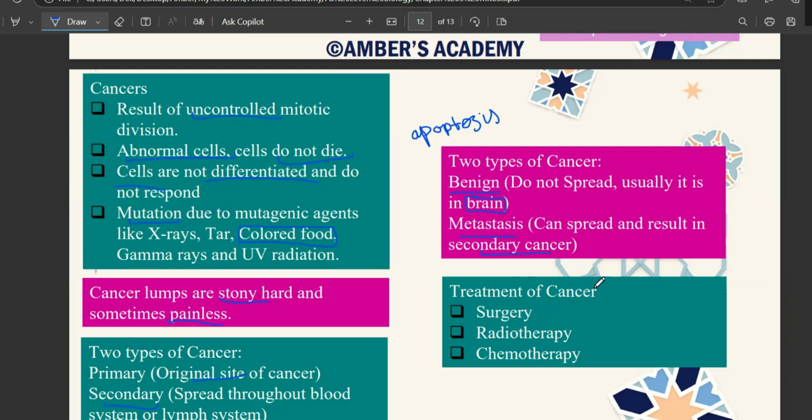And sometimes they ask you to write the treatment of cancer for 3 marks. Then you can write these pointers: a surgery may be performed after properly examining the condition, then radiotherapy on top priority, then chemotherapy. So